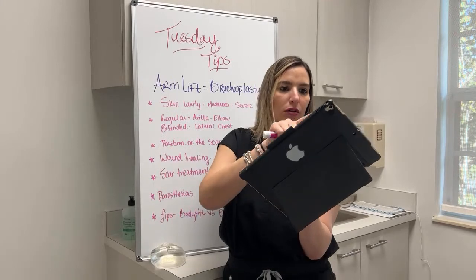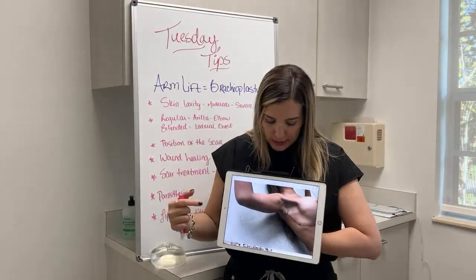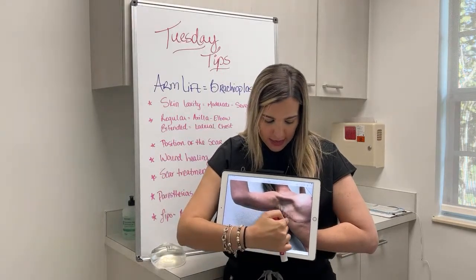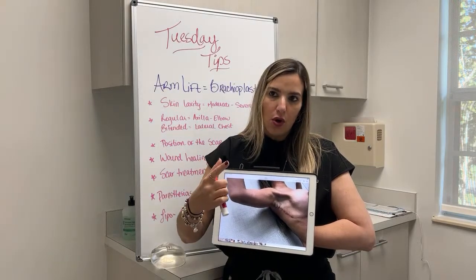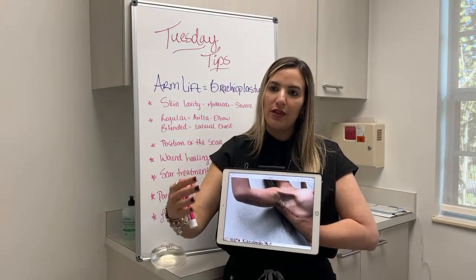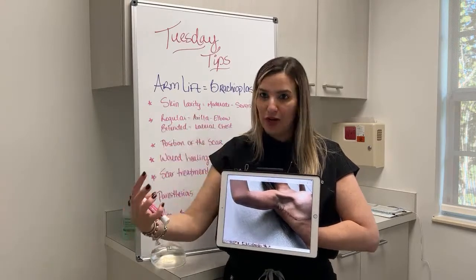In a different angle that you can see better here. You can see better the incision passing the axilla, and she had a breast lift as well. So whenever I have a patient that's getting a breast lift and a brachioplasty and she needs an extended brachioplasty,